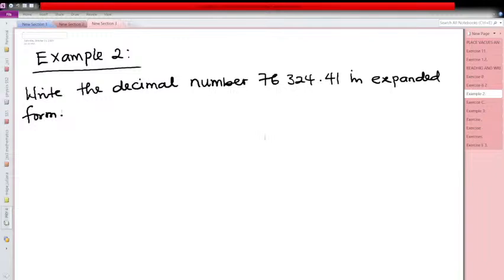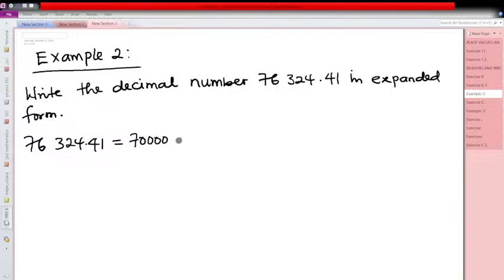So when you're asked to write the decimal numbers in expanded form, this is what I want you to do. This is 76,324.41 because you have learned how to read them. This now can be written as